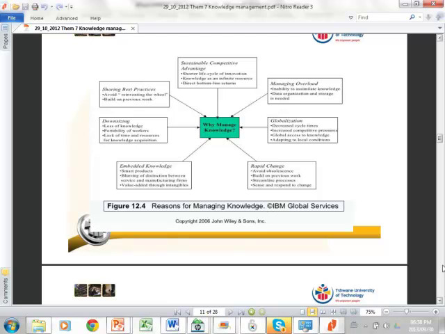Globalization: because of globalization, we have decreased cycle times. You have project teams that sit in America that design, that then hand over to a project team in India that continues with the design.